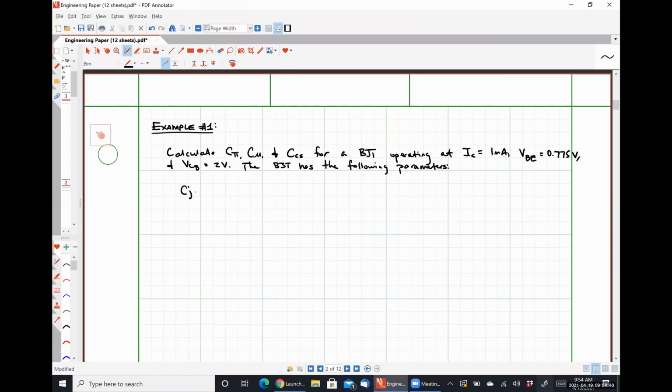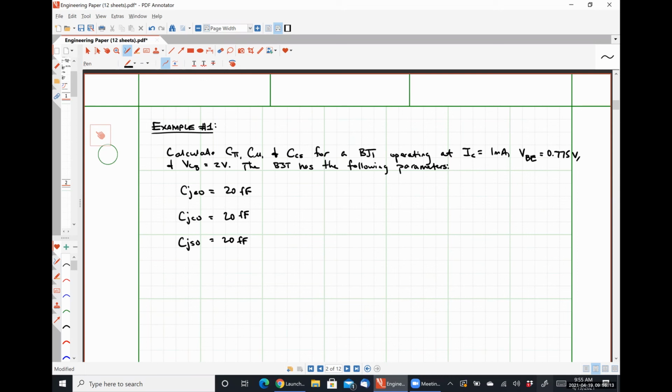So I'm going to say CJE naught, CJC naught, and CJS naught are all equal to 20 femtofarads. Now this configuration where all of these unbiased junction capacitances are equal would actually, it would never actually